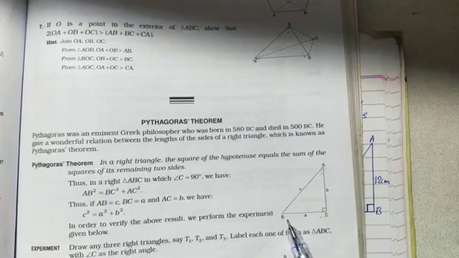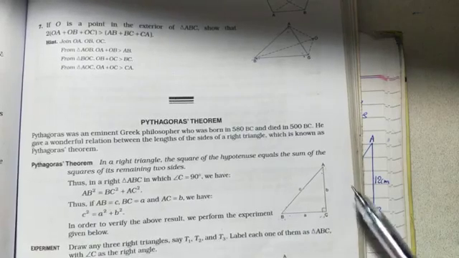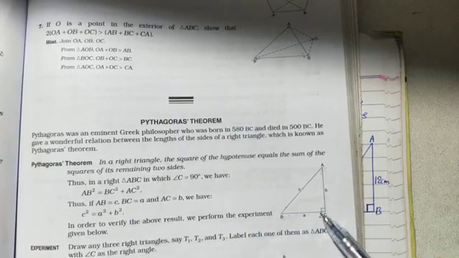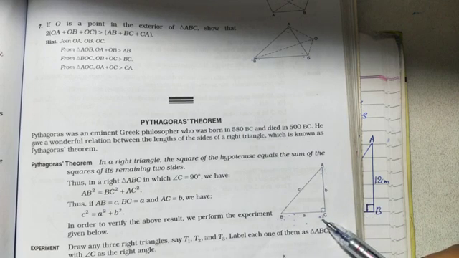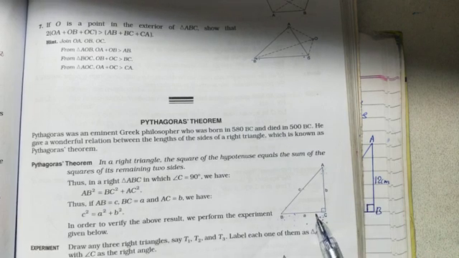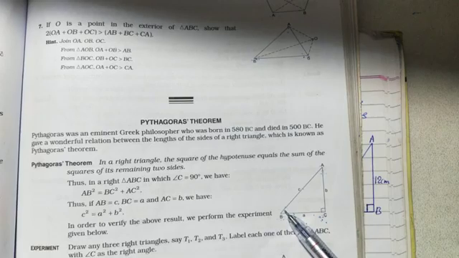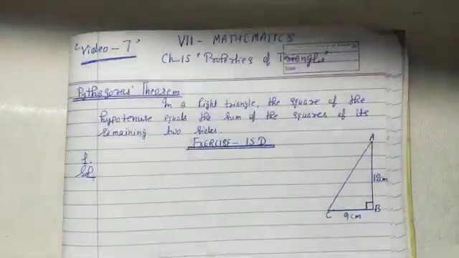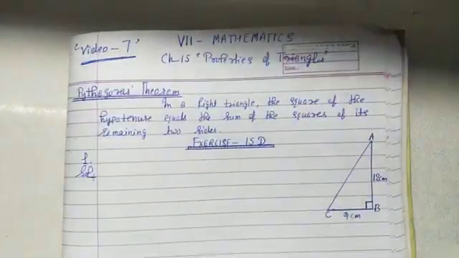Or in this triangle you can see this one is AB square, hypotenuse. AB square is equal to BC square, base square, plus perpendicular square, that is AC square. You can say the above two sides, or you can say base and perpendicular. Getting? In a right triangle, the square of the hypotenuse equals the sum of the squares of its remaining two sides. We'll use this theorem for solving our questions in our exercise.